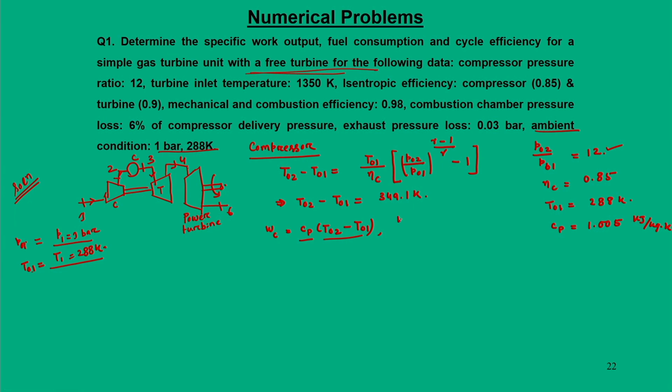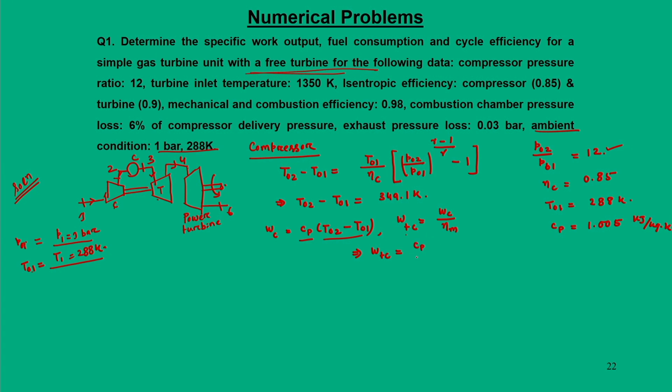So Wtc, that means the turbine that drives the compressor, is nothing but Wc divided by its mechanical efficiency, and this Wtc can be written as